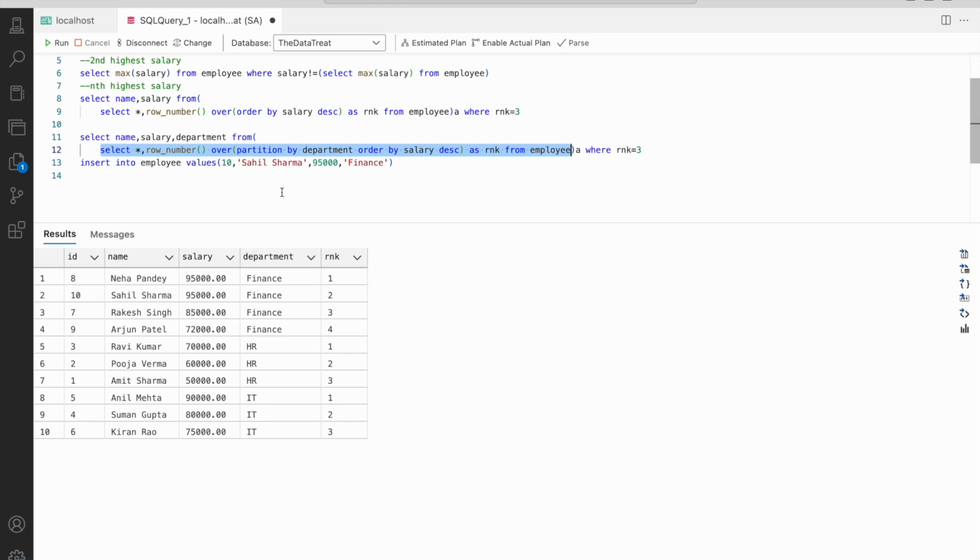So how do we fix this? To fix this, nothing much to do. We can use another window function which works differently. We can use dense rank. So what dense rank does is, instead of giving 1 2 3, it will check if both numbers are equal, it will give the same rank. It will give 1 and 1, and for the third one, 85,000, it will give 2. After that it will give 3. So if there are equal salaries, it will give the same rank. Okay, so I'll just run this first.